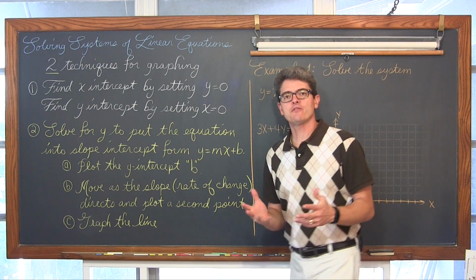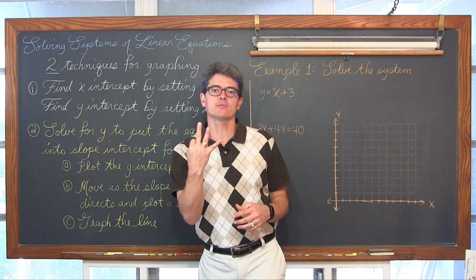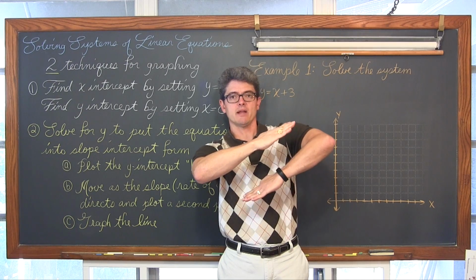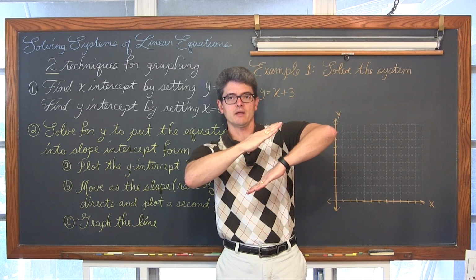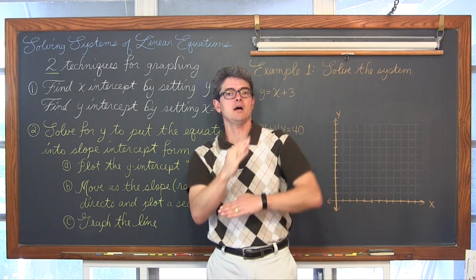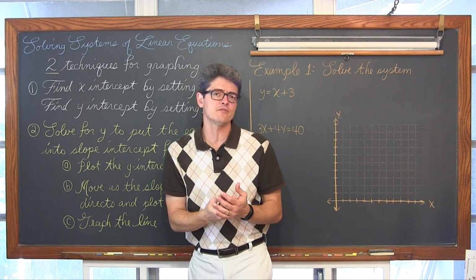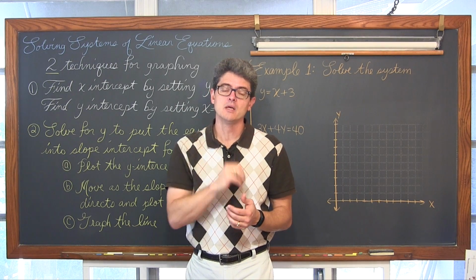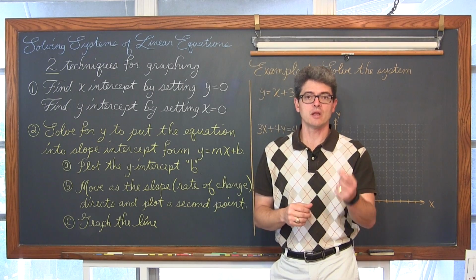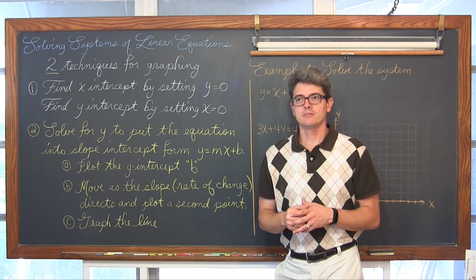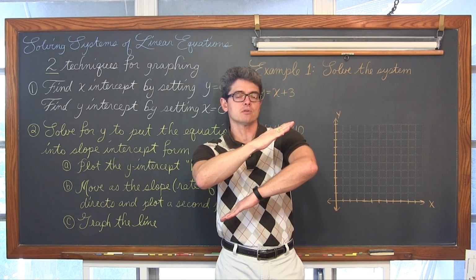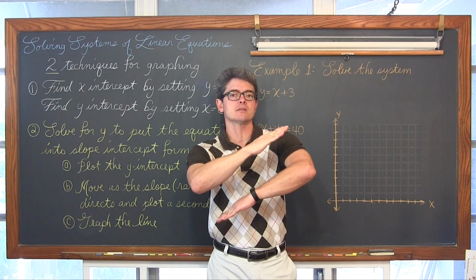Now, when you talk about trying to find where two lines cross, there's really three situations. Your two lines may not cross at all. You might have two parallel lines, like I'm trying to form here with my forearms. And if two lines are parallel and never touch, there's no solution, because what we're going to be finding is a point where the two lines intersect, one point where the two lines share. Now, if the lines are parallel and they never intersect, we're going to be calling that either no solution, or your textbooks might be calling that an inconsistent system.